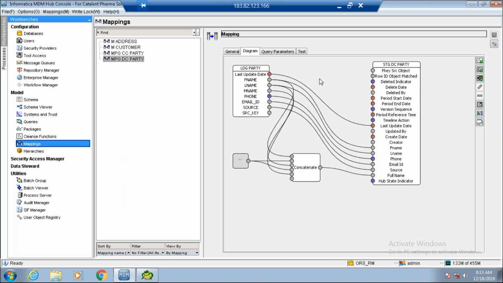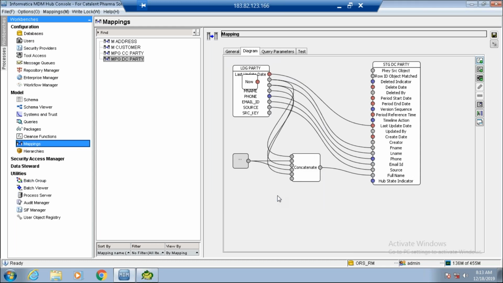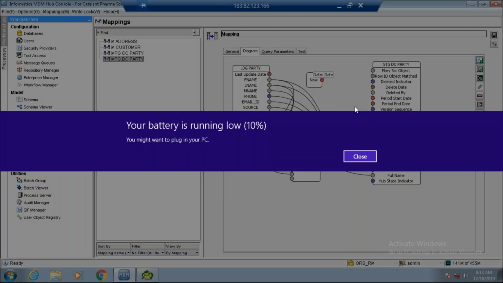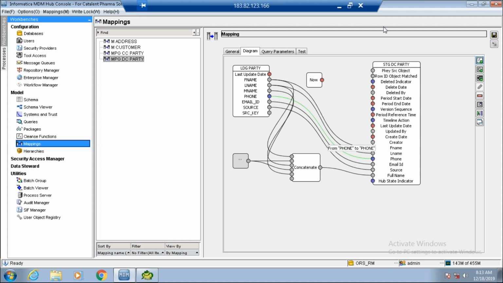What we can do here is right click, adding now. Yeah, exactly. And remove this mapping. Oh, one minute, I'll just plug in my laptop.